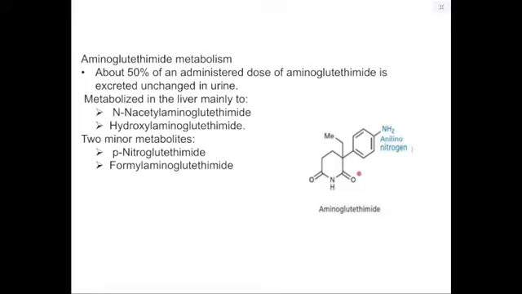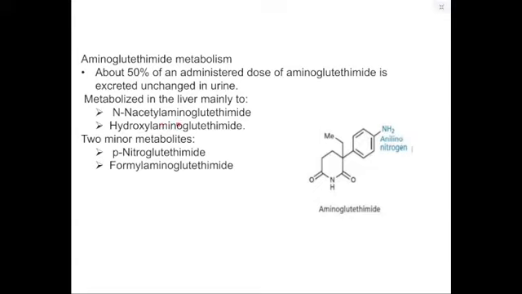But nevertheless, the whole of this group here, and of course that amino group, are bringing in polarity into this molecule. So you find this drug, quite a lot of it can be excreted unchanged. About 50% is excreted unchanged in urine, but it can also be metabolized to the